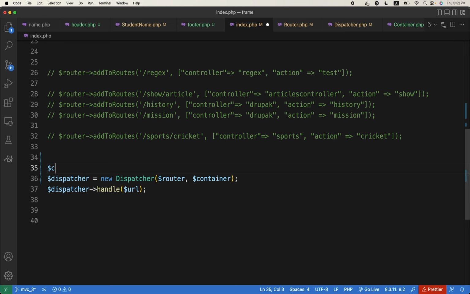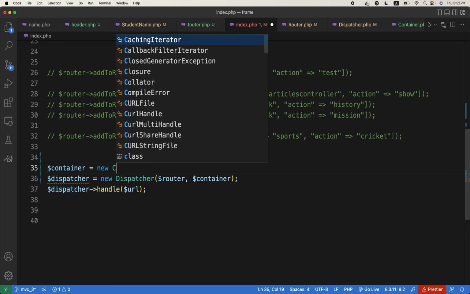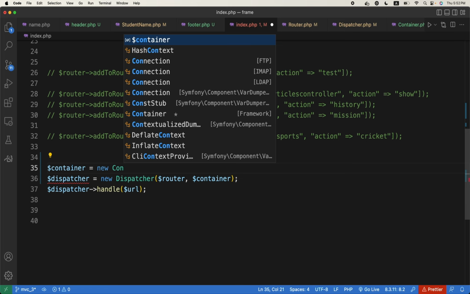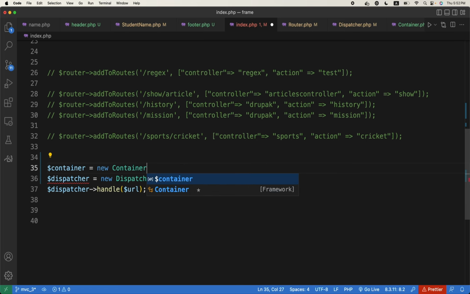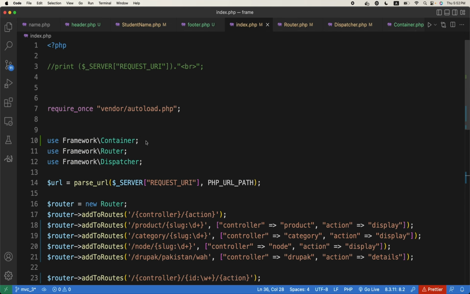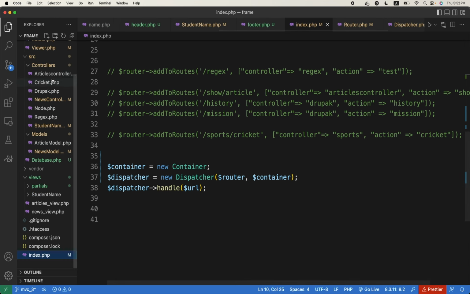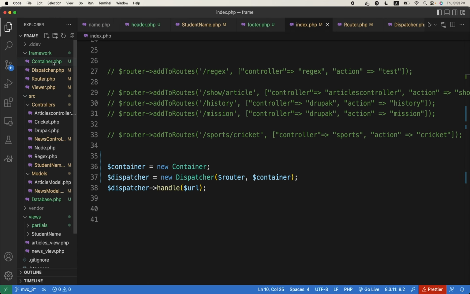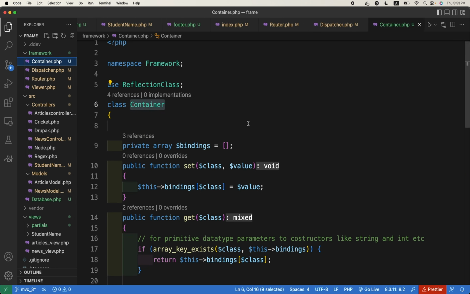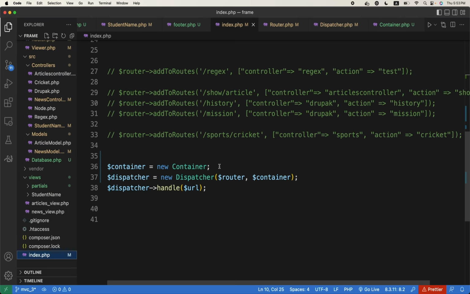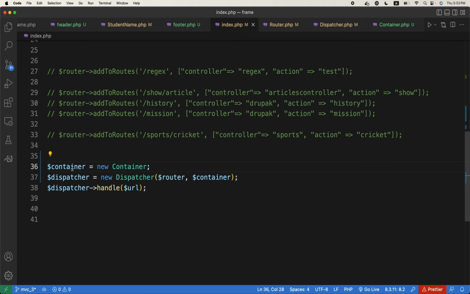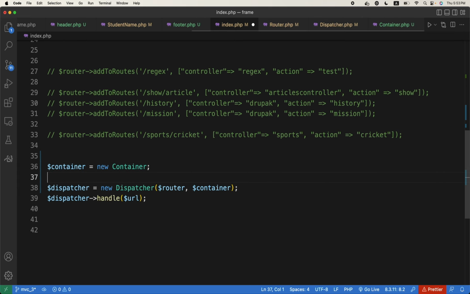Container equals new container, and the container class already has included framework container. Okay, do we need anything in the container? No, we don't. We have no constructor for it at the moment, so we don't need any constructor variables for it. So container is equal to new container. Then